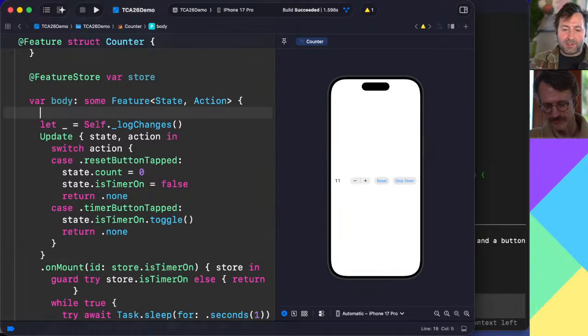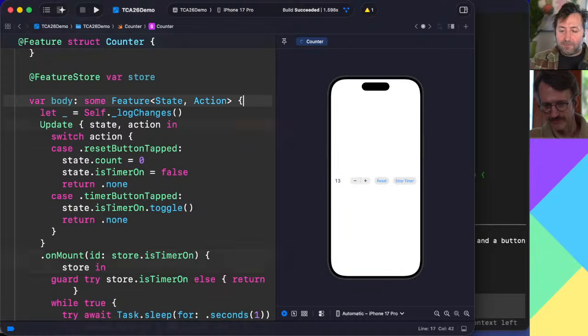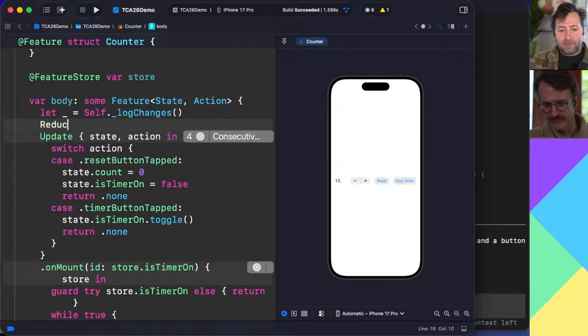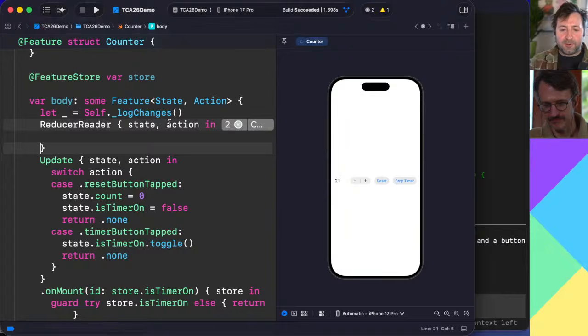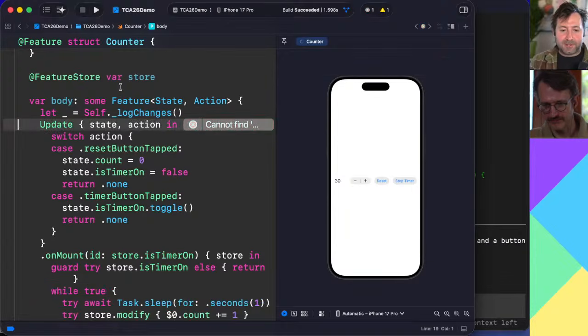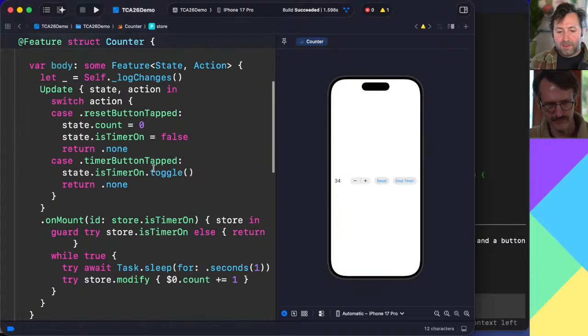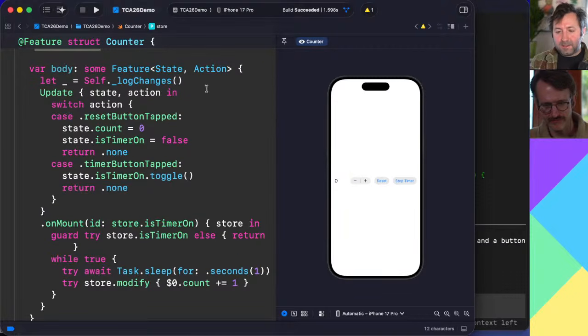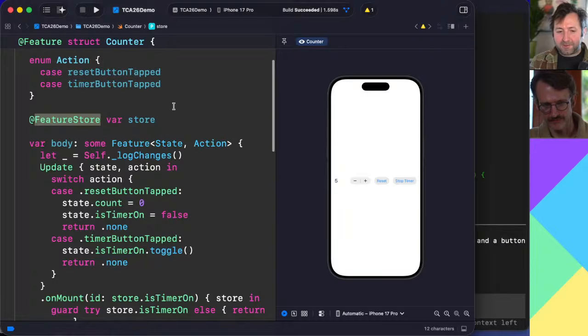And that was just a way to open up a scope to another builder. And so you get some nesting, but you do get the state and the action, and then you can use those in order to kind of specify whether or not something happens in the reducer. And so basically, we don't need that complexity anymore. We just simply give access to the store using this property wrapper. But I think this new complex feature gives us an opportunity to explore another property wrapper, which we're excited about,